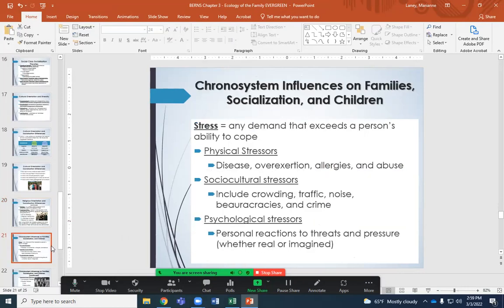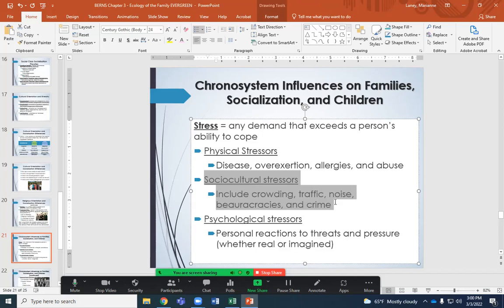Yeah. Oh, stress. All of this can cause stress in a family, even if the family stays together, right? So physical stressors, sociocultural stressors, psychological stressors. So like, for example, if you have somebody who's ill, somebody's disabled, right? Abuse, that's your physical stressors, the things that physically stress your body. Sociocultural stressors, are you in a crowded living area? Do you have to deal with noise, pollution? We just had a fire over here. It's like, ugh, like our culture, we have like fire seasons, although it's all year now. And then psychological stressors like pressure, threats, school, finals, like all that stuff.